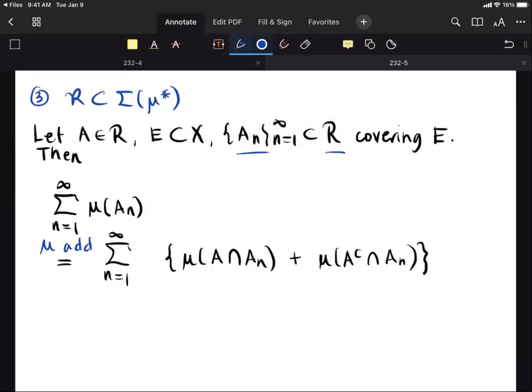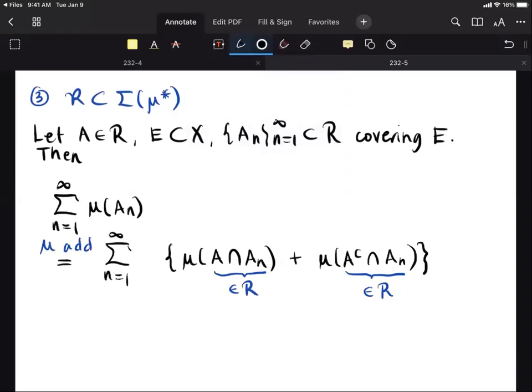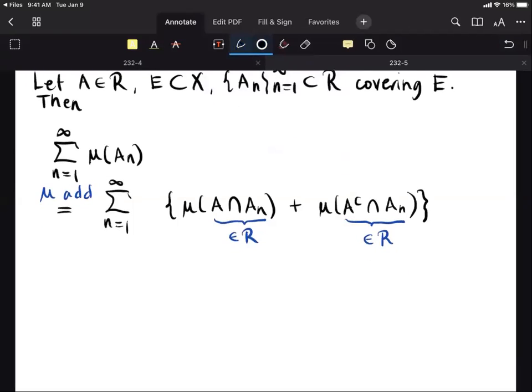Since A_n is in the ring, A is also in the ring, and the ring is closed under finite intersections, this is in R. And it's closed also under complementation, so this intersection is also in R. The important part that we would like to mention here is that A ∩ A_n, we know now that this is a sequence of elements in the ring,